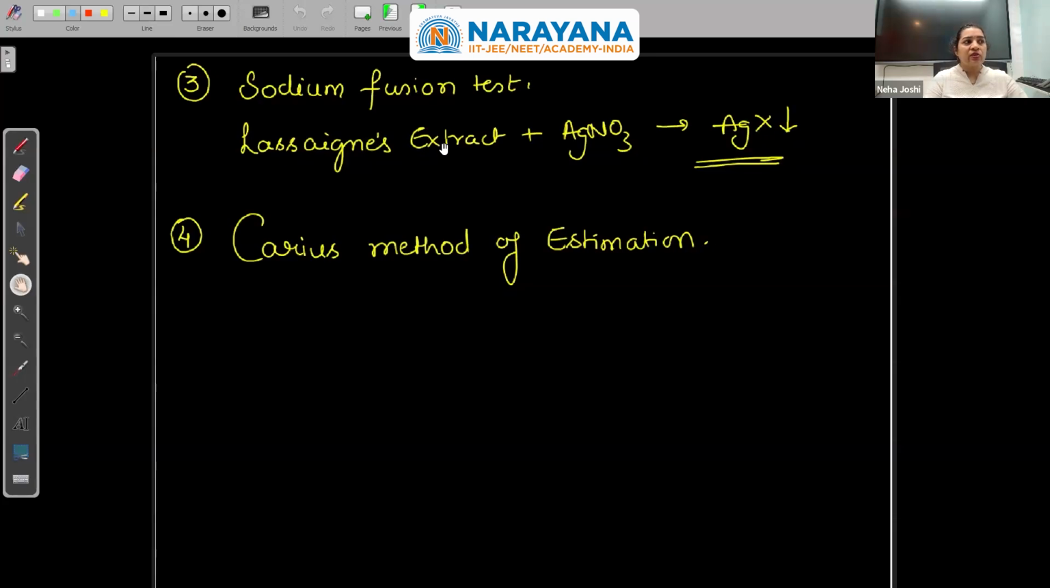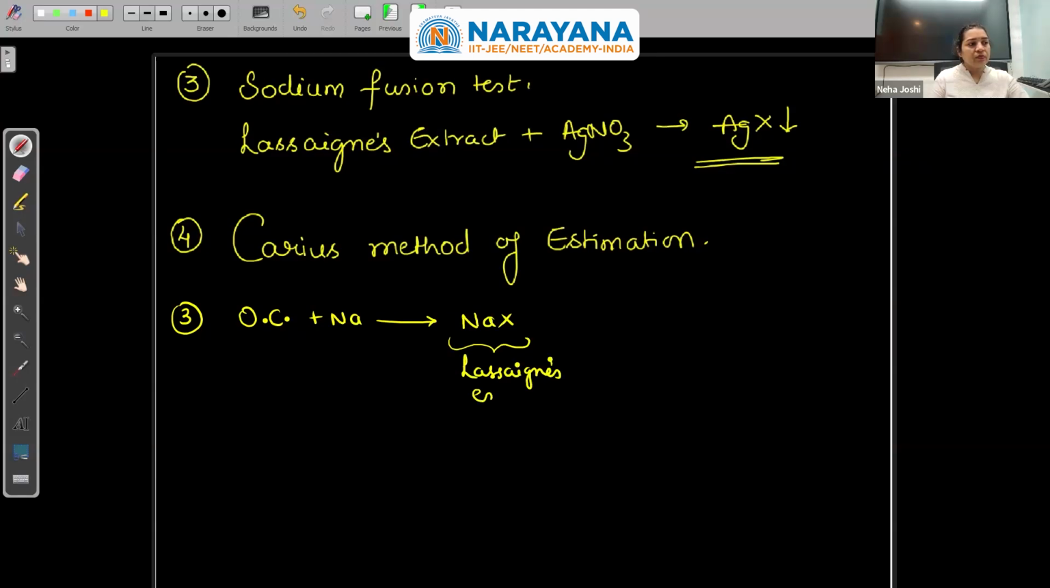So Lassaigne's extract, or AgNO3, if we react, then it forms silver halide. Now, do you remember Lassaigne's extract? We react with sodium. The organic compound is treated with sodium. Let me elaborate on it. We have an organic compound. We treat it with sodium. If it has halogen, NaX is formed. And this is in